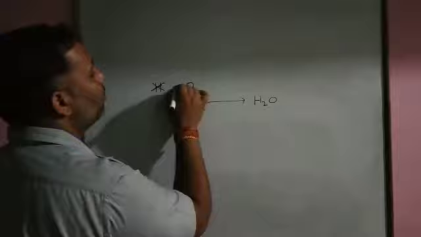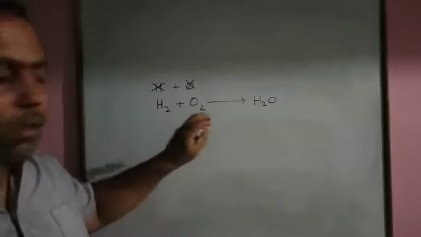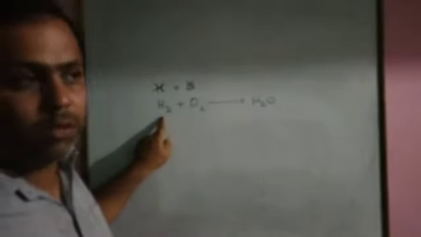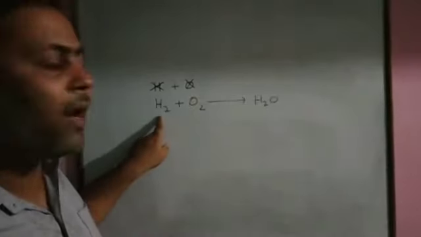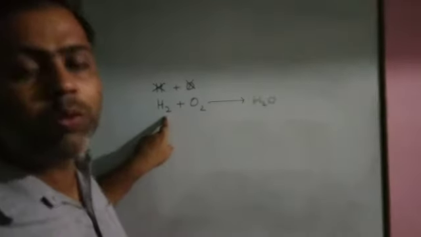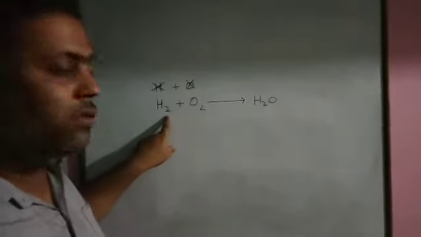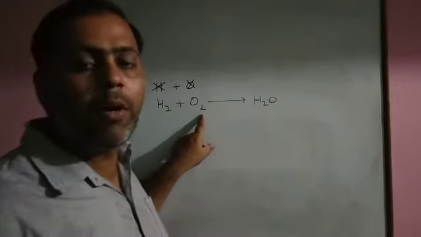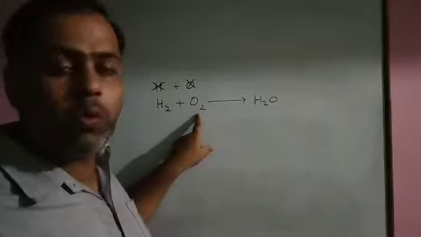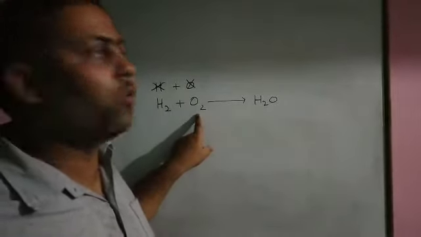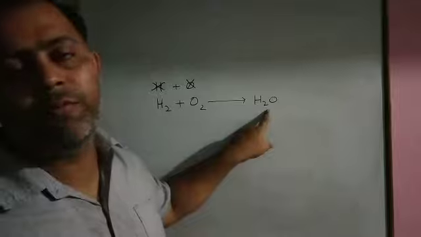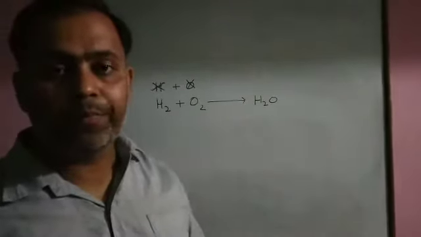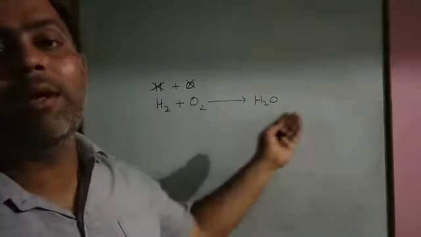H or O. Why? Because the hydrogen which is available to us is molecular hydrogen. That's why we are writing H2 instead of H. It means hydrogen is written as H2. The oxygen which is available to us is in the form of O2. It is molecular oxygen. Don't write O. When they react, they form water. We know the molecular formula. It is H2O. Clear? Let us see whether the chemical reaction is balanced or not.